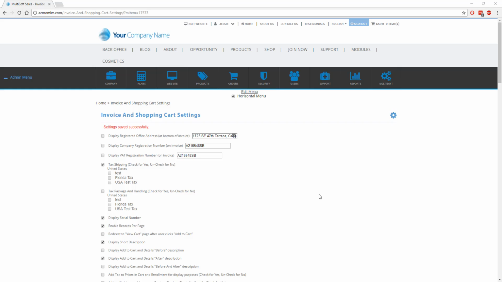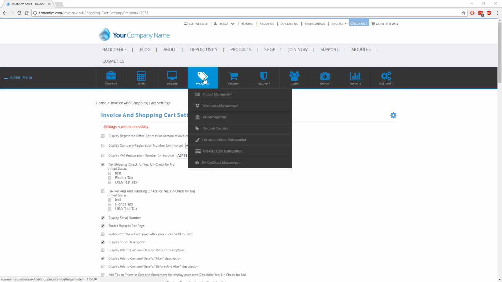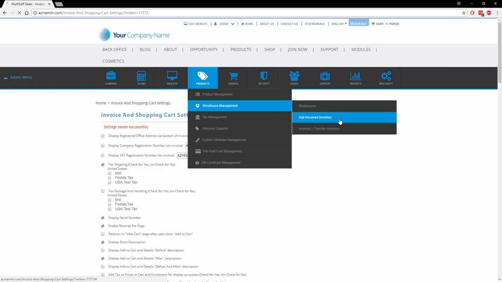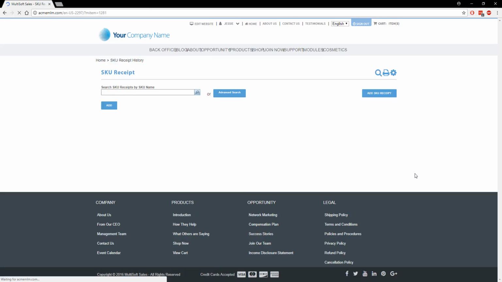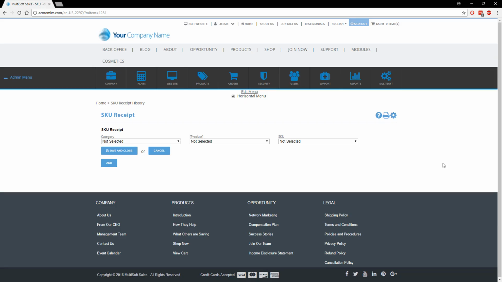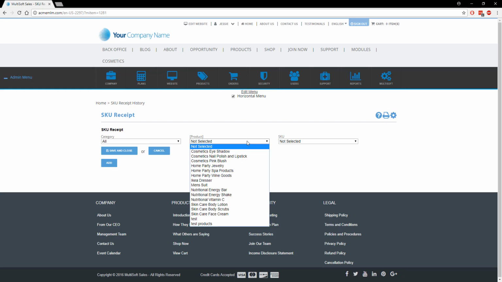Okay, so what I'm more referring to is that if we go under the menu Products and we go to Warehouse Management, we go to Add Receive Inventory. Alright, so here we have a couple of SKU receipts for the inventory. So what we want to do is create a new one. So we click here on Add SKU Receipt. And then it's going to take us to the process of selecting the category, the product, and then the SKU. So for this example, I'm going to select All and then select the specific product